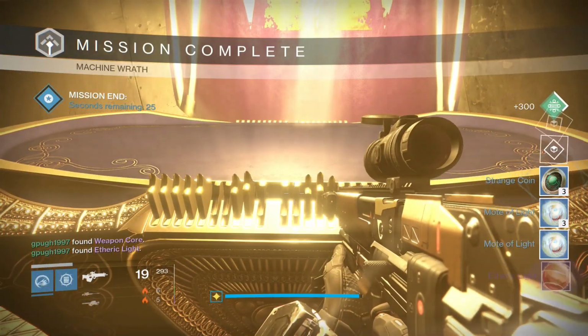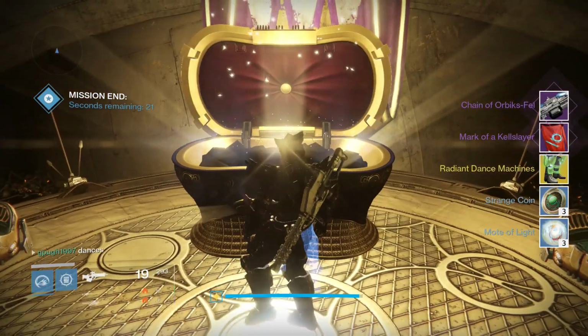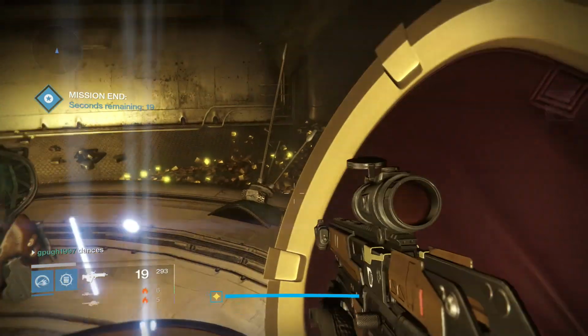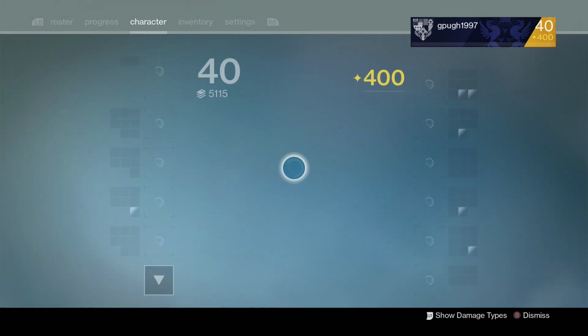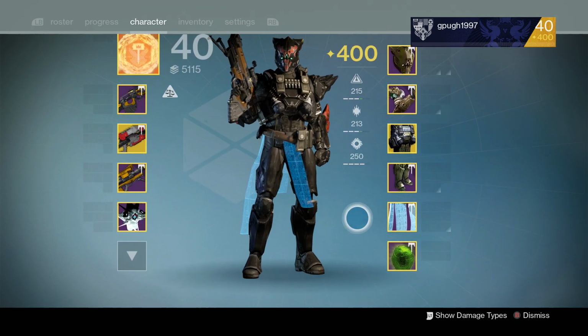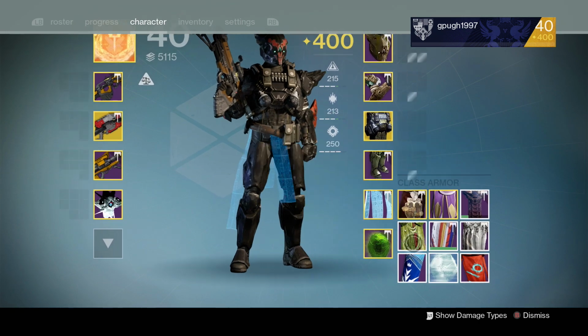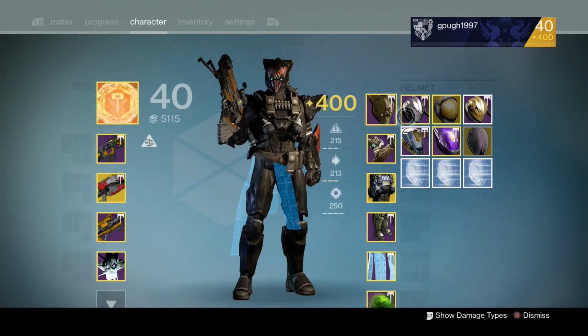And I actually ended up getting the Radiant Dance Machines exotic legs for the Hunter, Mark of the Kelslayer, and Chain of Orbix Fell. Now, I was a little bit disappointed with the Radiant Dance Machines since I really don't need them. But still happy nonetheless that I got an exotic drop doing these Prison of Elders videos,